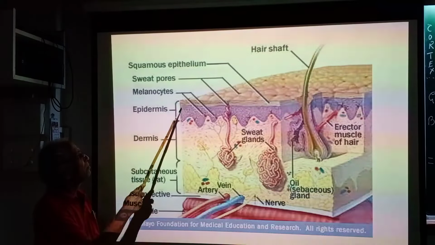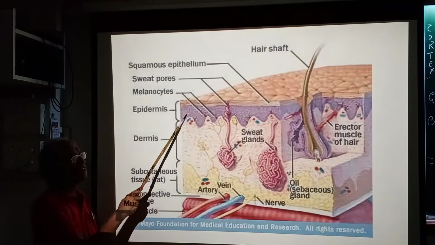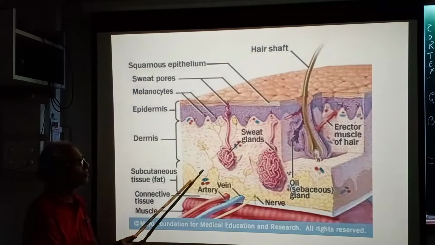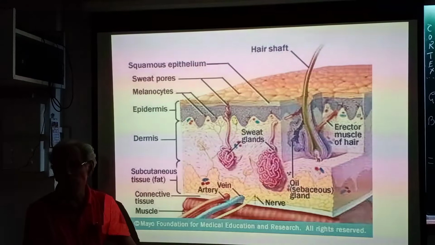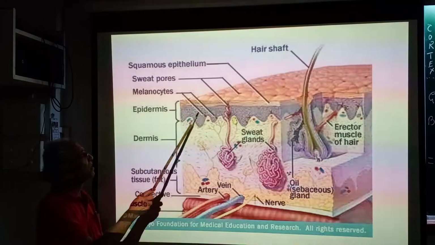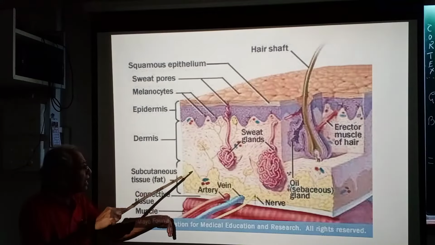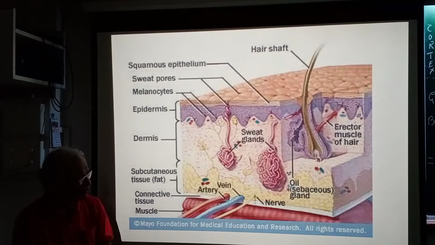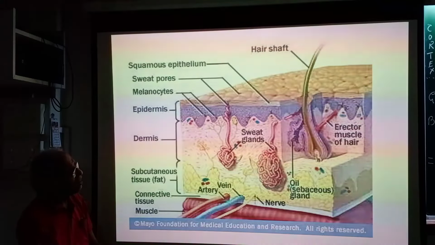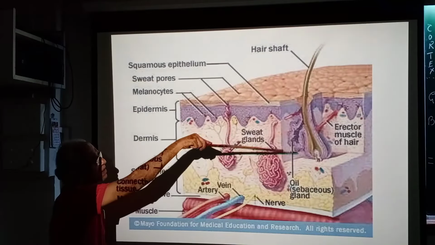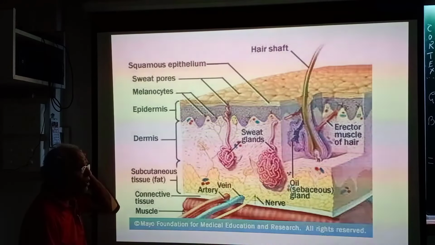It has got epidermis, which is thin, with a few layers of cells, and there is a dermis. Have you heard of epithelial tissue? We are going to learn all those tissues. This epidermis is made up of epithelial tissue, and dermis, which is the lower side, is made up of connective tissue. And there is some fat also below this. The hair is peculiar. This is a mammalian skin, so the hair is being shown here. I think we've come to the